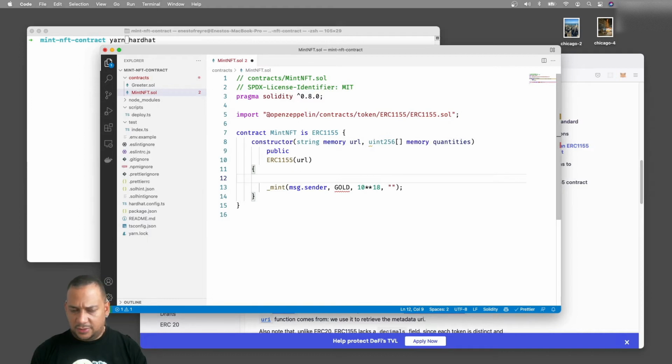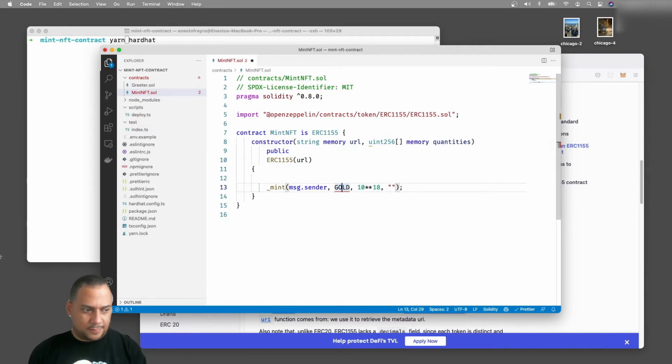So basically what we're going to do is we will create a loop through all these quantities, and the IDs will be 0, 1, depending on the index in the array, and we will mint that token with the number, and we will mint the amount of token that the user specified for that token, right?